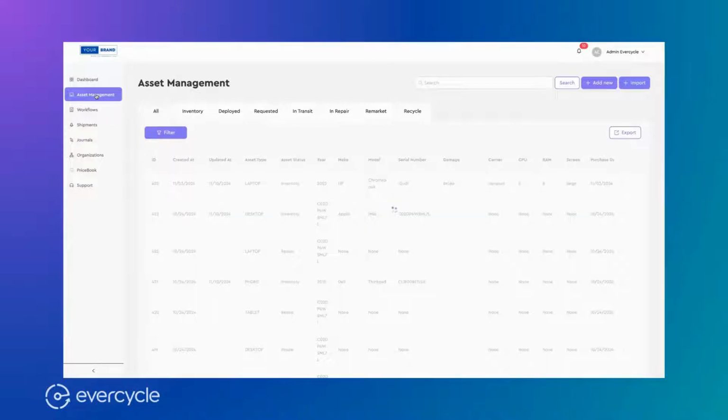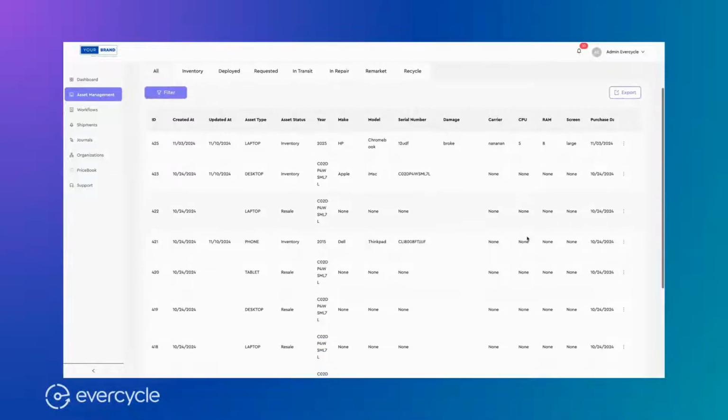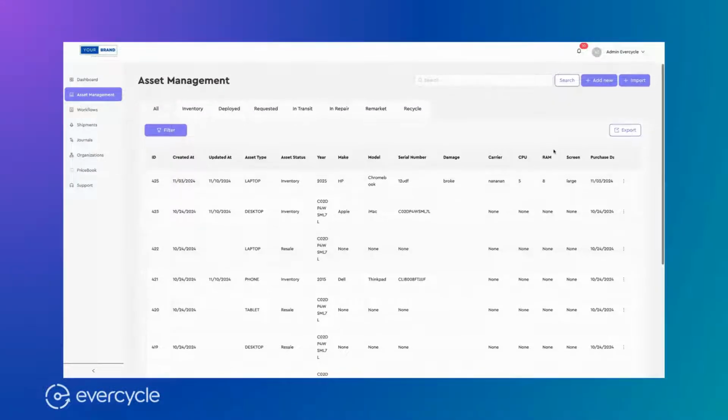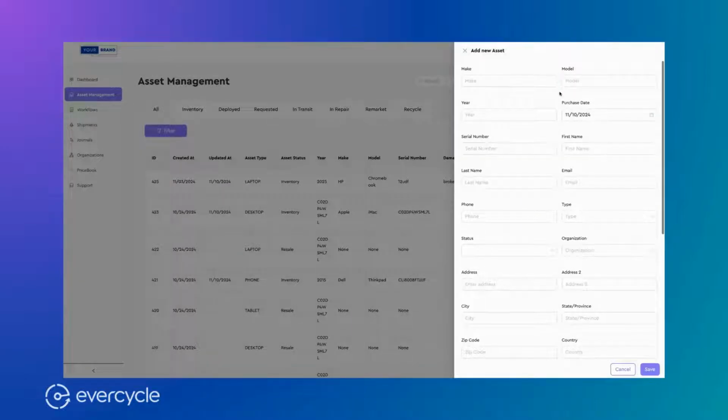Once you log into your Evercycle instance, if you have elected Evercycle Asset Management feature set, you will notice the Asset Management tab in the main navigation. Right away, you will notice the various stages of the device lifecycle in the form of tabs across the top of the page. But first, you'd probably want to see how to add a new asset or import many assets